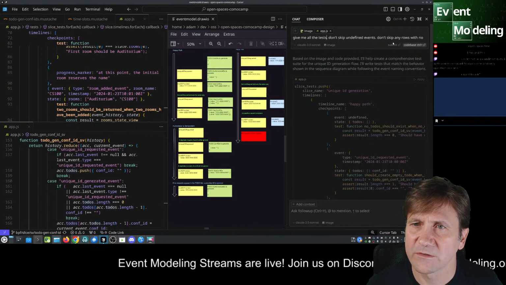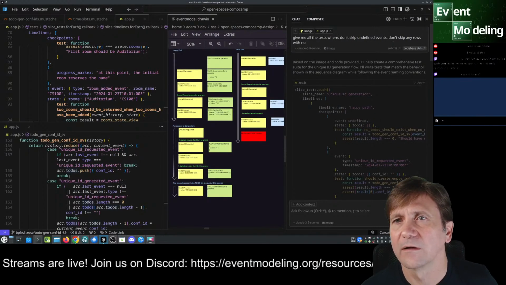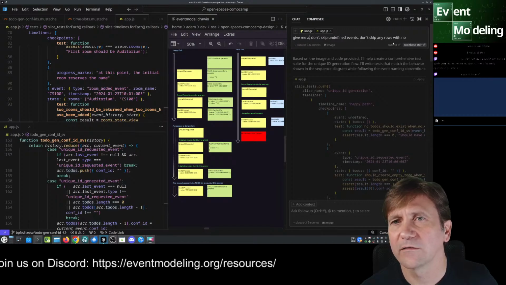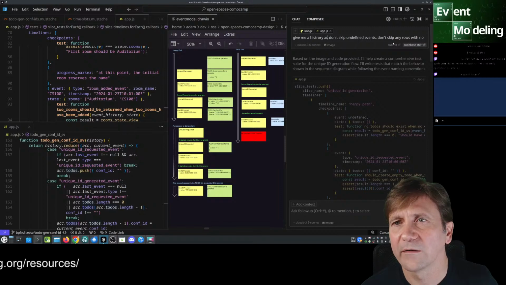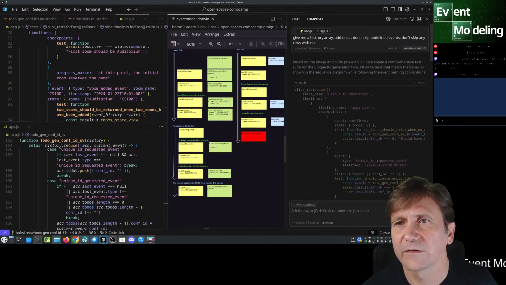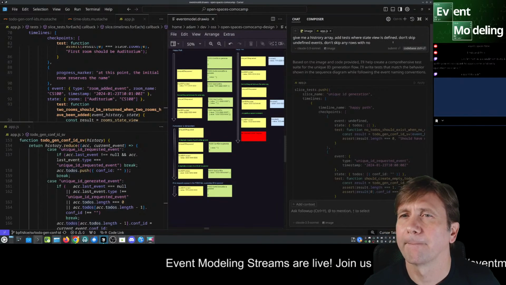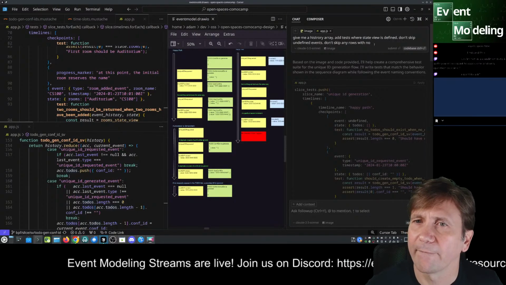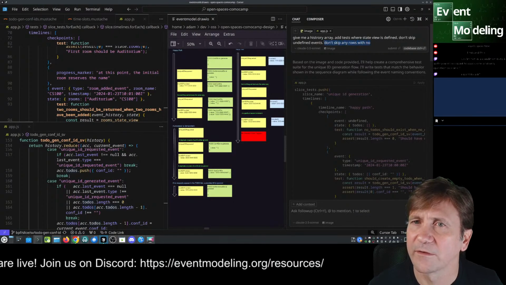Give me all the tests where state views exist. Give me a history array. Add tests where state view is defined. Don't skip undefined events.